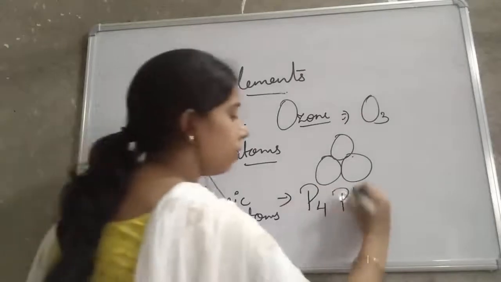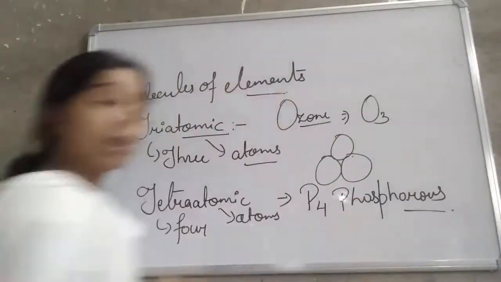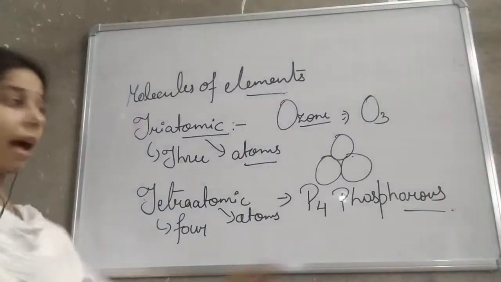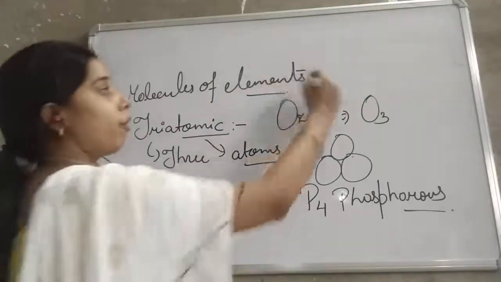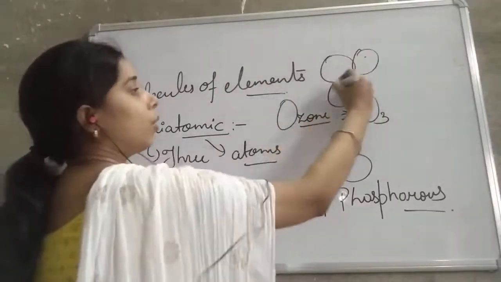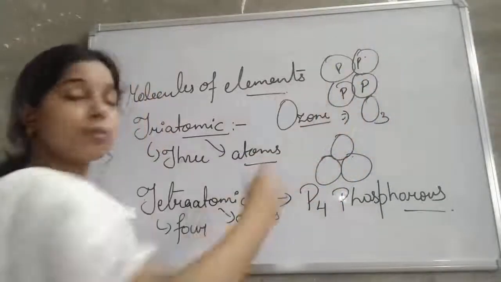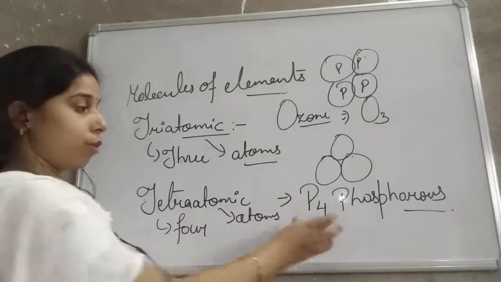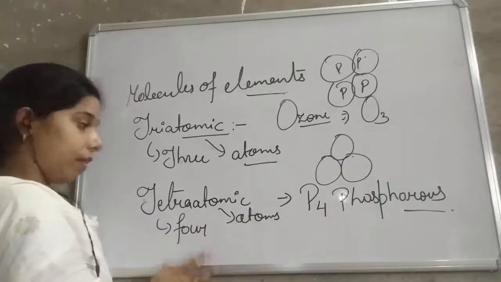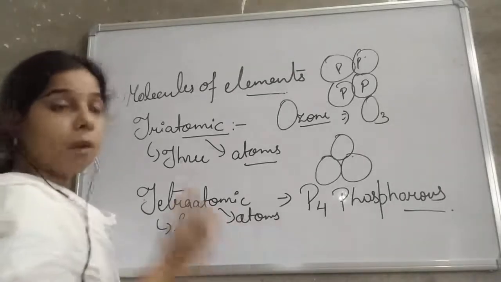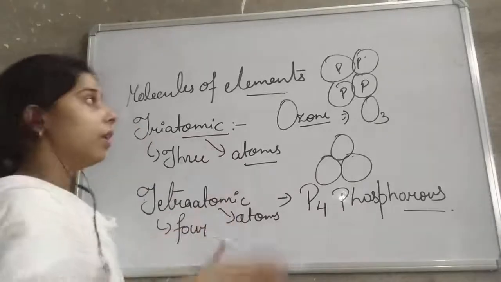So phosphorus exists in nature as P4. Okay, so we can say that 4 phosphorus atoms combine together. This is P, this is P, this is P, this is P. So 4 phosphorus atoms combine together to form P4. And since 4 atoms are there, we use the term tetraatomic. Homo, because only phosphorus atoms are combined together with it. Thus it is a